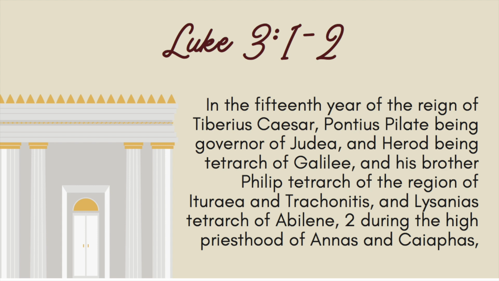So the 15th year of the reign of Tiberius is 29 AD. We know for a fact what year is the 15th year of the reign of Tiberius Caesar. It's 29 AD. So that is the year that John the Baptist is starting his ministry, that he's coming about and he's preaching in the wilderness. And so then you can go down and see, well, who's in charge of Judea? Pontius Pilate. Hopefully that name sounds familiar. Okay, so he's in charge of this kind of sliver. Well, Herod being the tetrarch of Galilee.